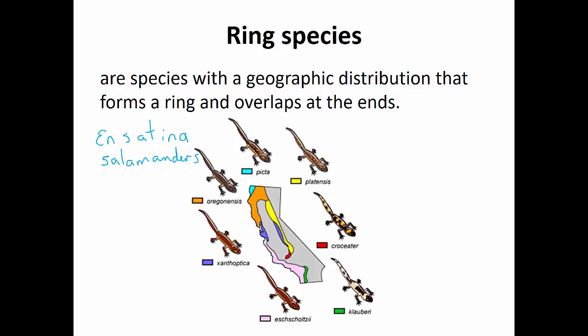They live in California. They exhibit subtle morphological and genetic differences all along their range. In other words, they look a little bit different, and there are a few differences in their DNA, but they all interbreed with their immediate neighbors, with one exception. Where the extreme ends of the range overlap in Southern California, these two guys here